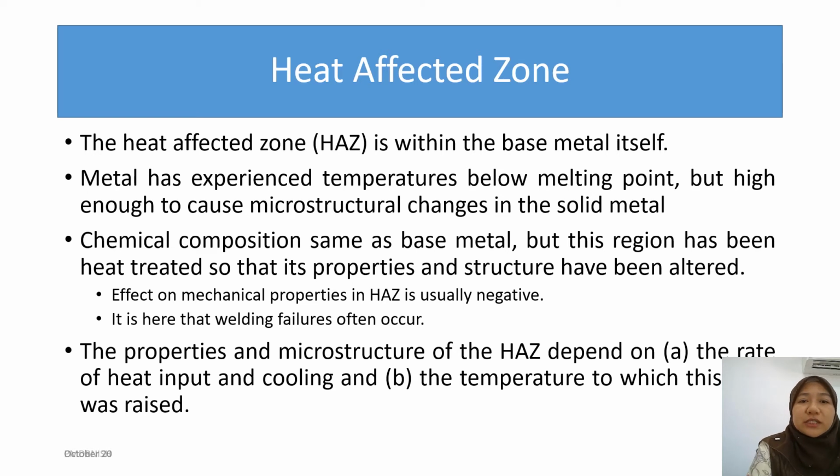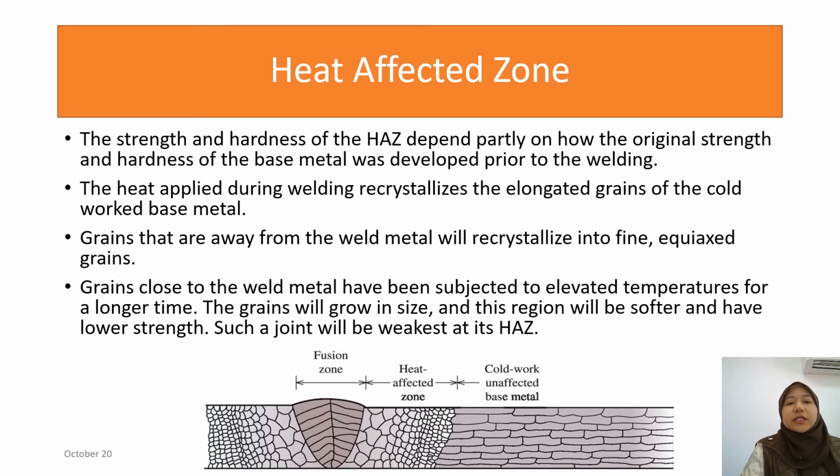As compared to the fusion zone, there are dendrites and also grain boundaries. So if a crack starts to happen, it will be stopped by the dendritic structure and also by the grain boundaries. In the heat affected zone, the strength and hardness depend partly on